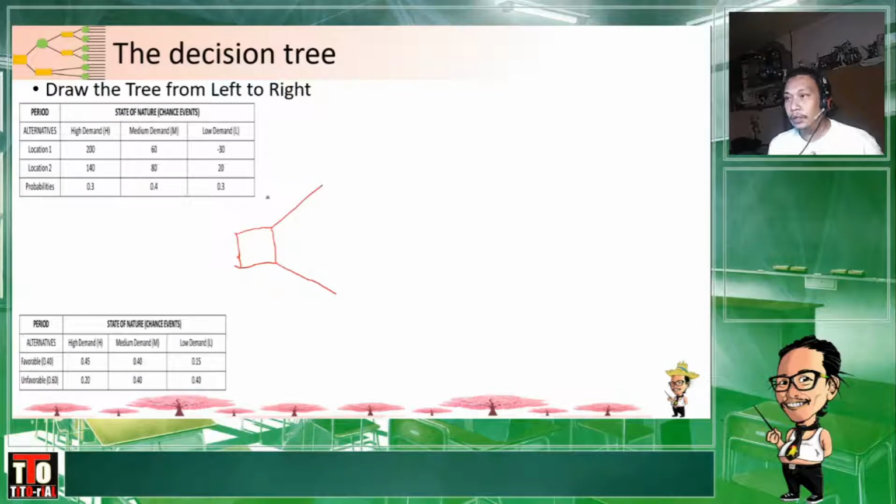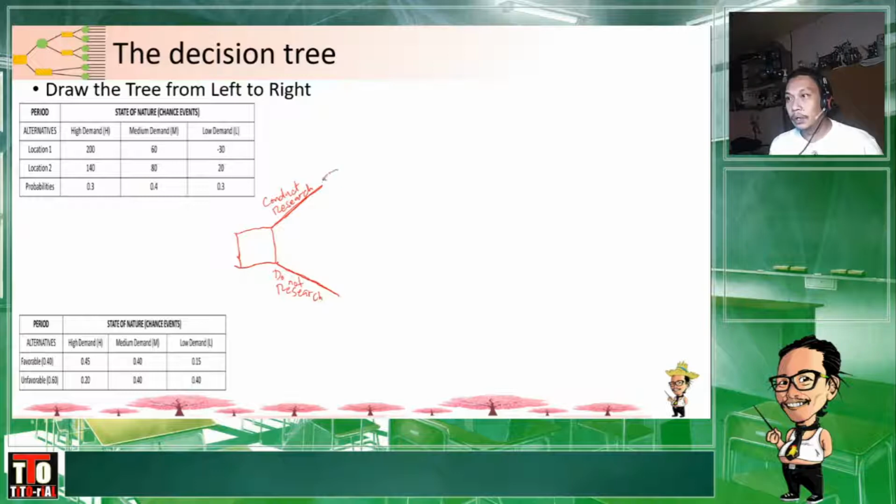So, it could either be mag-conduct siya ng research or do not conduct research. Okay? So, again, kung ano man yung decision niya between dyan sa dalawa, dito papasok yan sa decision nodes. Again, nagkakaroon tayo ng line yan, that connects yung decision node sa state of nature nodes. Okay? So, paano ba yung example natin ng state of the nature nodes?